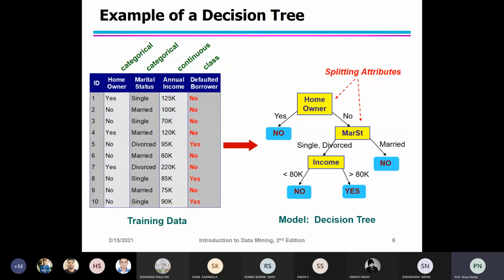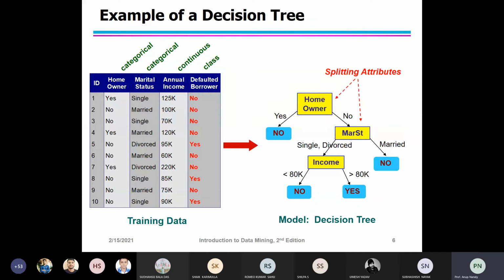Now next one is called the leaf node. A leaf node is called a terminal node, and these internal nodes are called the non-terminal nodes. The root node also comes under the non-terminal nodes. Now the leaf nodes are terminal nodes, each of which has exactly one incoming edge and no outgoing edge. So that is called the terminal nodes.